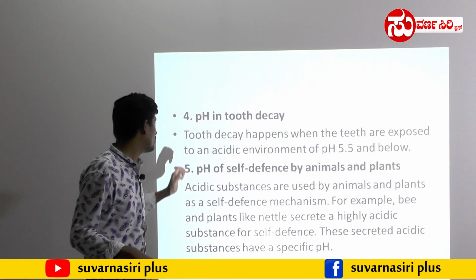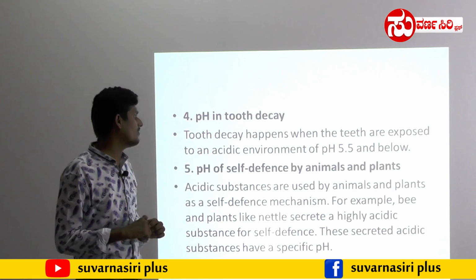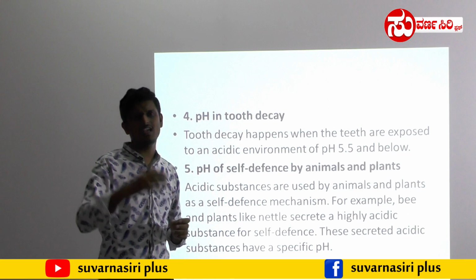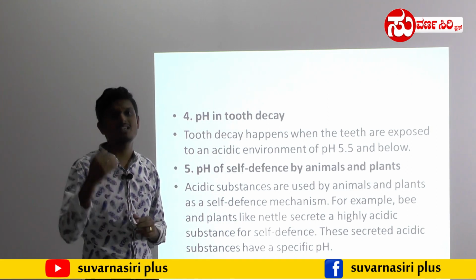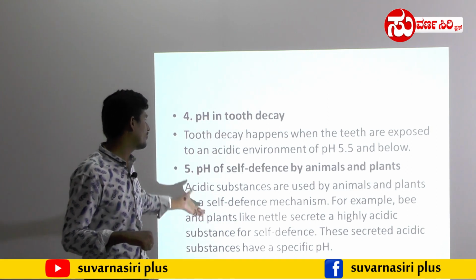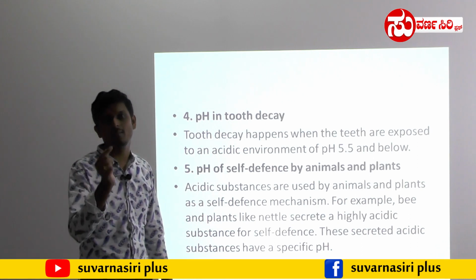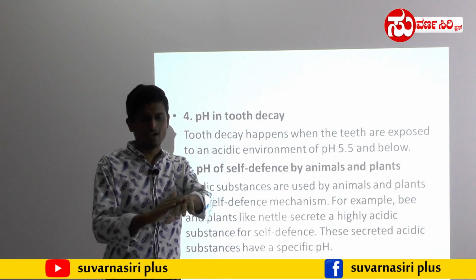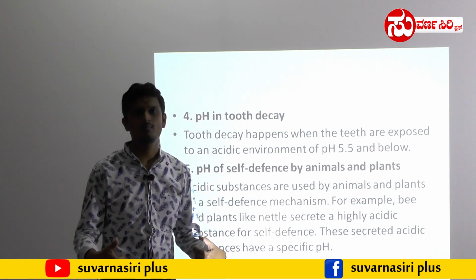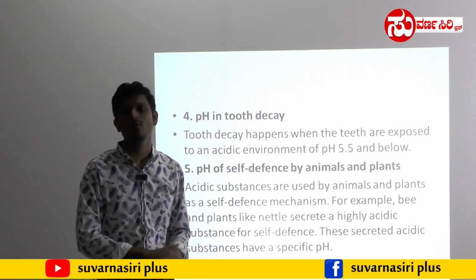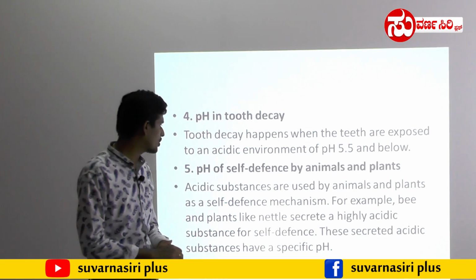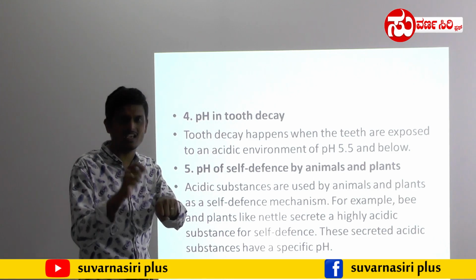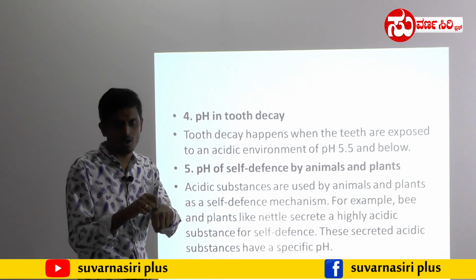Then the fifth one is pH in the self-defense of animals and plants. There are a few plants and animals which use self-defense. For example, the ant contains methanoic acid. Actually, our entire body pH is neutral, 7. When our body pH is neutral,